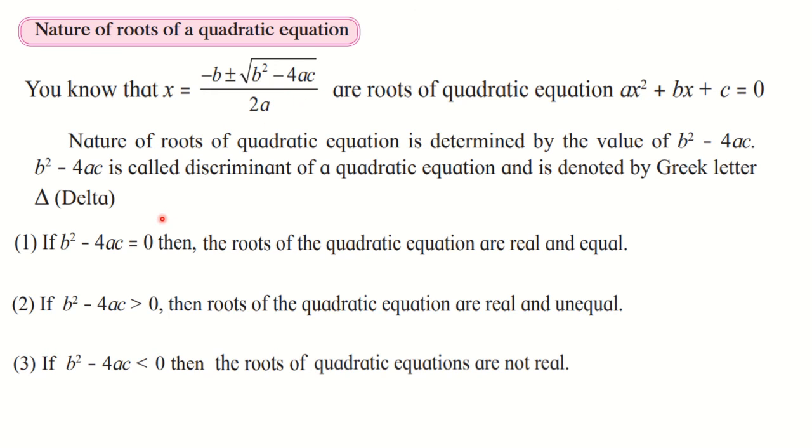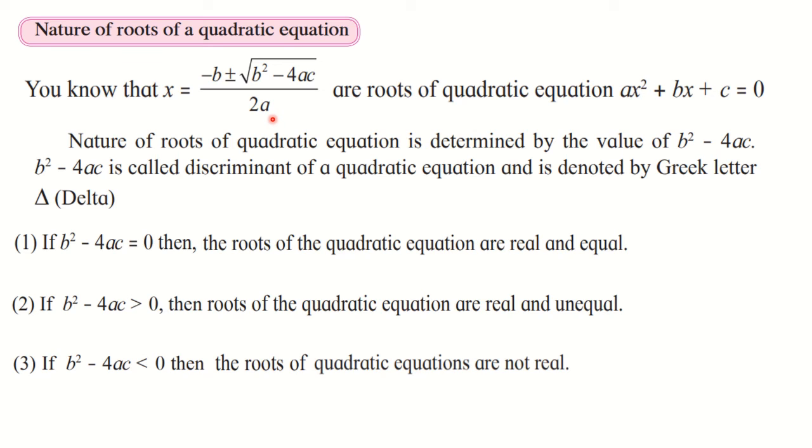That means the value of delta is going to decide the nature of the roots. Now for this delta, there are 3 possibilities. First, delta can be 0. Second, delta can be positive. And third, delta can be negative. So we are going to write down the possibilities for all these 3. First, if b square minus 4ac is equal to 0, that means delta is equal to 0, then this term will get cancelled and you will get only minus b upon 2a. Only this will be left.